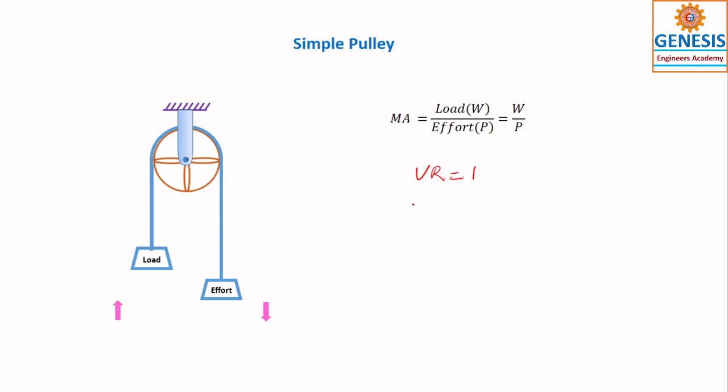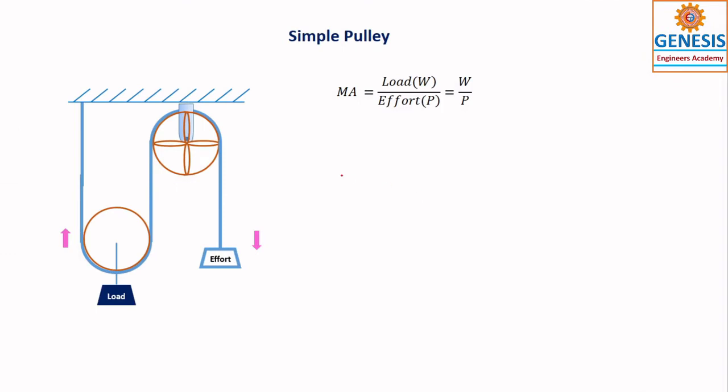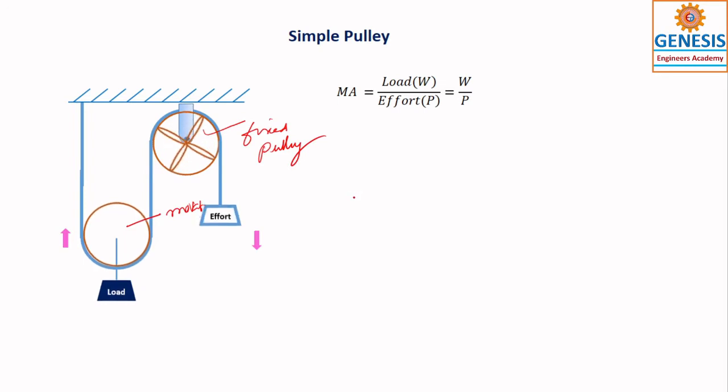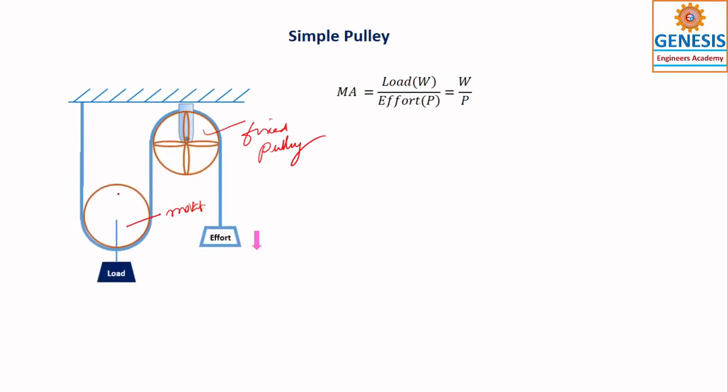Now we will take another example which you can understand. This is also considered to be a simple pulley. In this case, we have one fixed pulley and one movable pulley. This is a movable pulley. Observe this. Why are we using this movable pulley? That is to keep things in balance, and also so that tension can be applied. You can put the load here, and the load is raised by applying the effort.